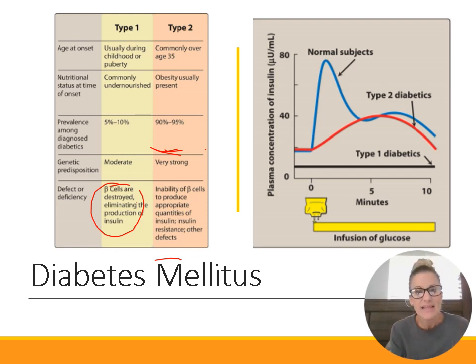Okay, this second picture here is looking at insulin release and how insulin is released in normal patients versus type 1 diabetics and type 2 diabetics. So this blue line is showing us normal insulin release. Notice that there is a constant basal release of insulin. In normal patients, insulin release never goes down to 0. And that's so that we're always able to move some sugar into our cells